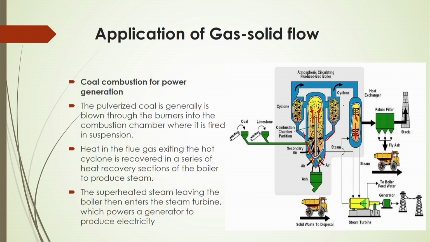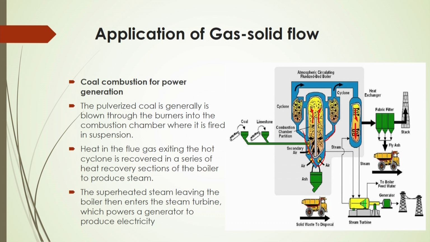After separation by the cyclone separator, the gas coming out from the top is utilized in a boiler where water is boiled and steam is generated, and that steam is used in a steam turbine to generate power. Sometimes, direct flue gas is also used to rotate the turbine to produce power.